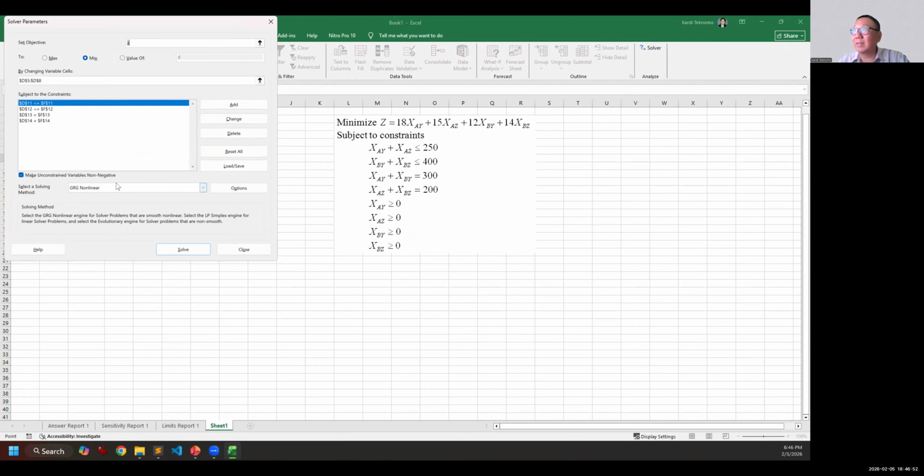This is basically like the Newton method. Okay, there is also simplex. So the calculator is only using simplex. Okay, there is also this one, evolutionary. That means you are using a genetic algorithm. Yeah, so Excel is much more complex than what we think. Okay, so the calculator is only using simplex. Okay, but the result is the same. Yes.